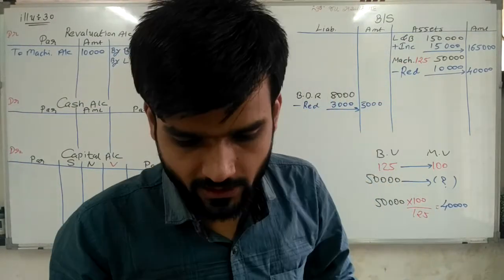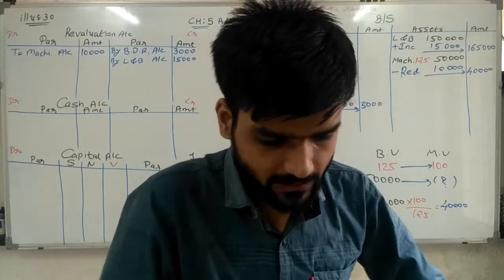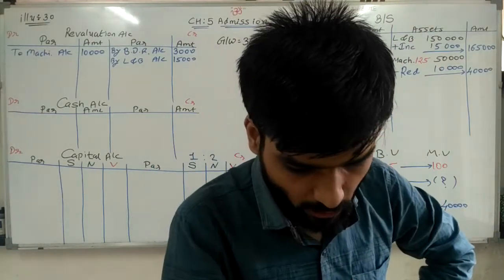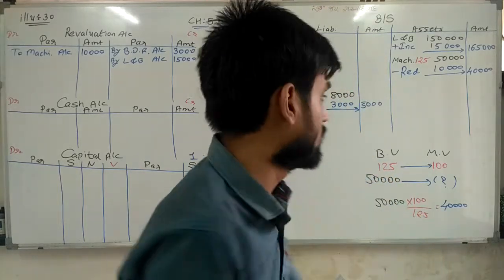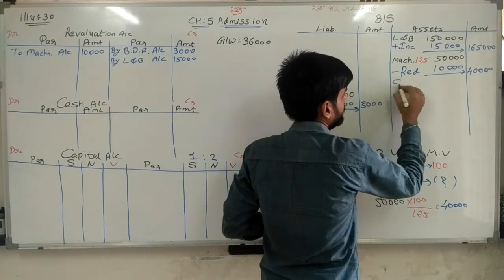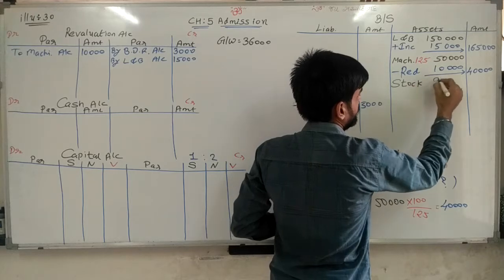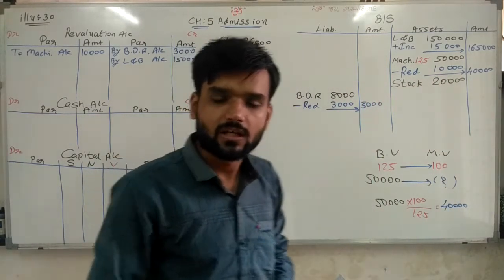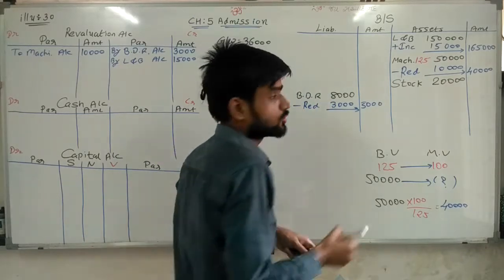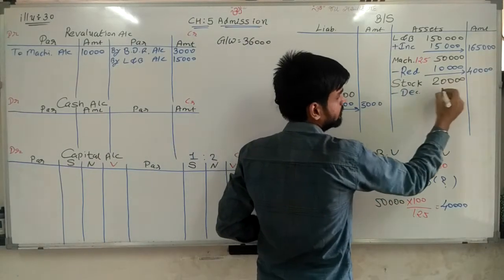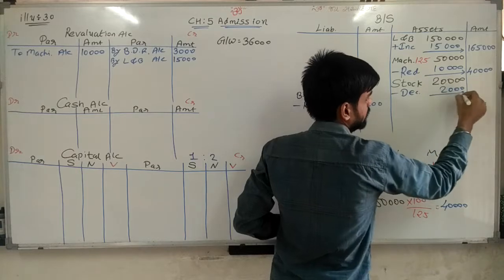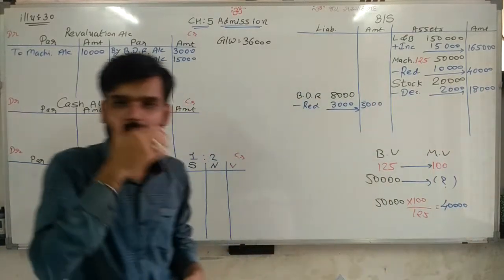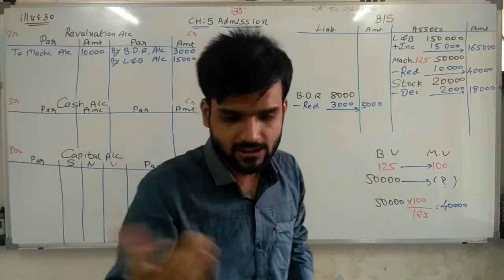Value of stock is to be decreased by 10%. So stock value decreases 10%. Now stock is already given in the balance sheet, 20,000 rupees. So write down stock first. Stock 20,000 rupees is written. Now its value is decreased by 10%, so we are directly decreasing it. Writing in the outer column 18,000 rupees. Going ahead, next one.